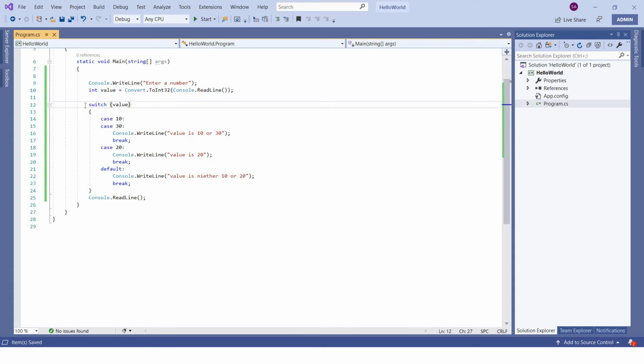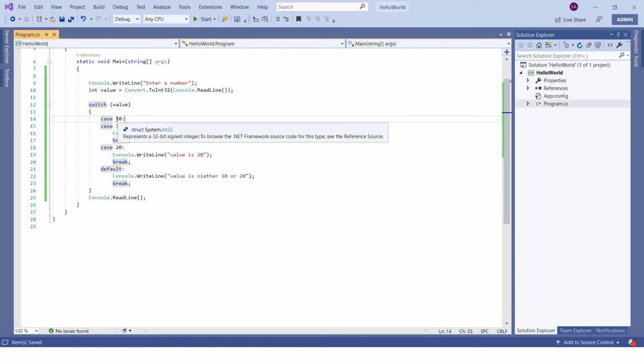But that is not the case in the switch statement. The way it is implemented is, let's say you have 100 cases here, right? What it does is create a jump table. Okay, what is a jump table? You can simply understand that for each case it will create a pointer in a table. Based on this value, if it receives the value 10, it will simply go to the jump table and find out which block to execute. Just for your information, the jump table is created during compile time.